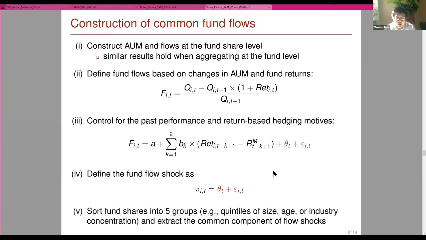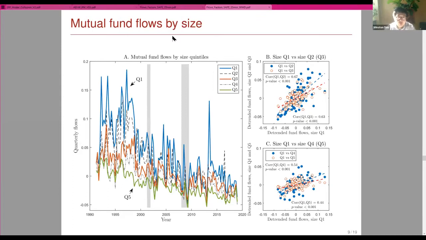How do we do this? Naturally, we do PCA. Why? Because here, I just show you one. You can see here we have Q1 to Q5. There's 5 groups of quintiles by fund share size. So you see this is the fund flow shocks for each group. They really co-move together. And more importantly, I want to emphasize the co-movement is at a higher frequency than business cycles. So basically you can see there's one component going on. Later we'll do PCA to convince you there's one dominating factor driving most of the variations in all the time